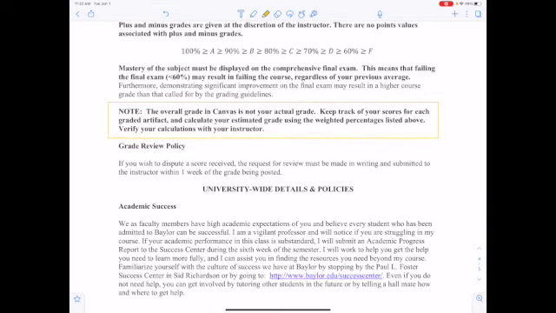Another important point to make is that you're going to be taking this class on Canvas, and the problem with Canvas is it keeps track of scores and it displays what it thinks your grades should be, but we're going to not have the exams showing up in Canvas, and we're not going to have a lot of the homework showing up in Canvas. We use another grading program, and so not all your grades are going to be in there, which means the Canvas calculations are going to be way off.